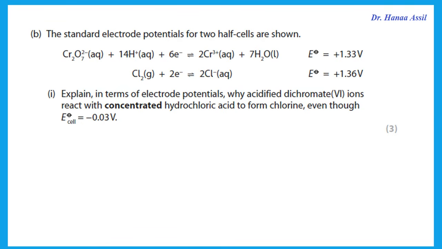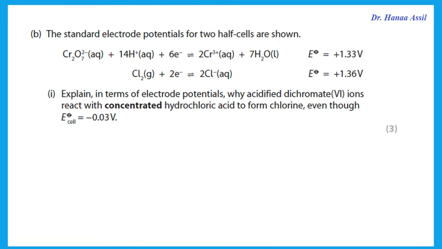The standard electrode potentials for two half cells are shown. Explain in terms of electrode potentials why acidified dichromate ions react with concentrated hydrochloric acid to form chlorine, even though the E cell is minus 0.03 volts. So let us take a look. The key point is that we're adding concentrated